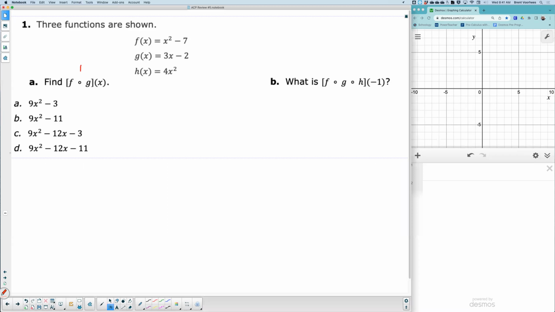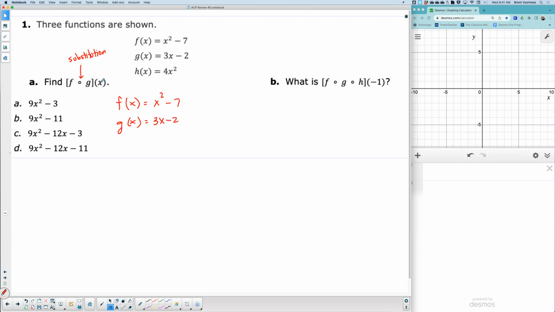Algebraically speaking, whenever you see this little o, f o g, what it's talking about is substitution. You need to substitute. So what we're going to do is substitute the equation g into f. I stack them, was my technique I taught you. And I'm going to stack from left to right. So first I'm going to stack the f equation, which is x squared minus 7, and it's going to stack above the g equation,